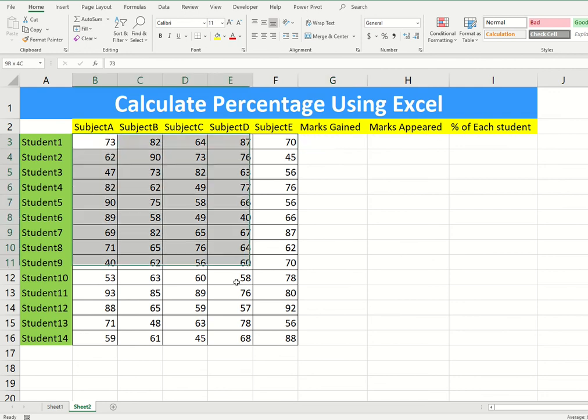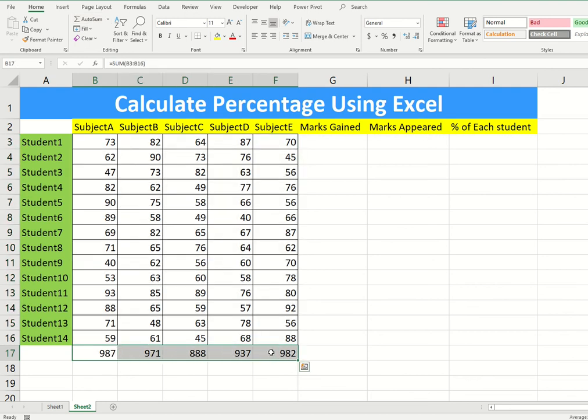Otherwise we can select the range and do the auto sum, but that will give you the auto sum of each subject across all the students, how many marks they have gained. In our case we don't require this, we require the marks gained column.